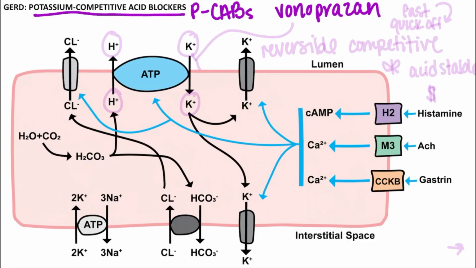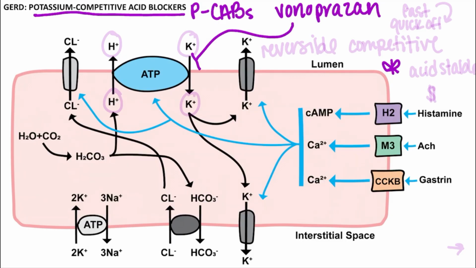So specifically, our PCABs and PPIs both interact with our parietal cells' hydrogen potassium ATPases, to inhibit that final step in acid production, providing that superior potency and efficacy to other agents,